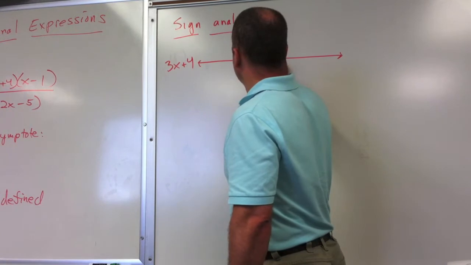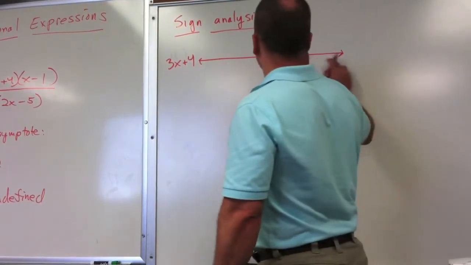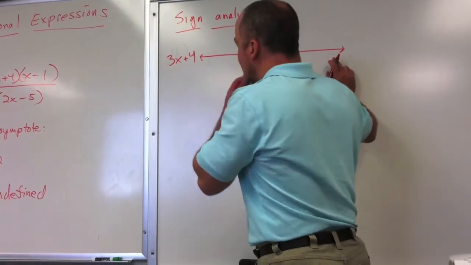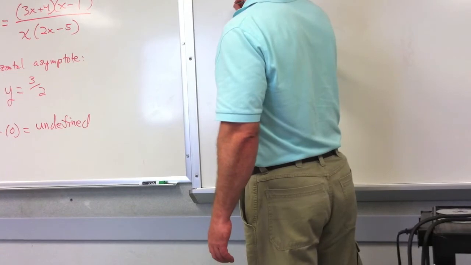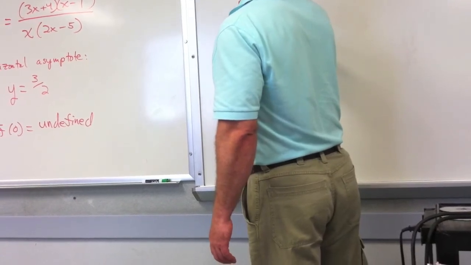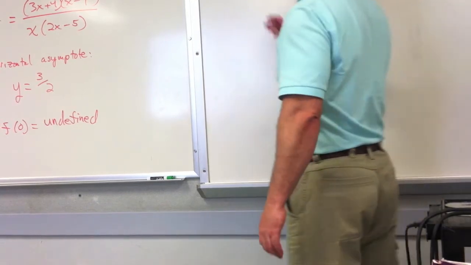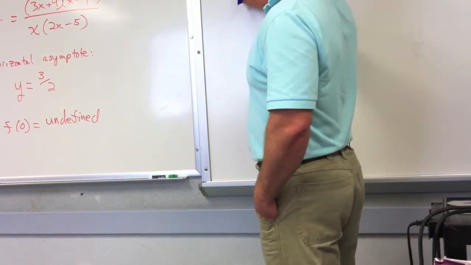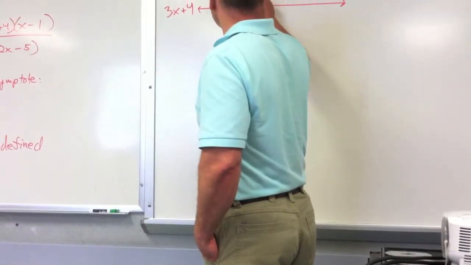Here's 0 on the number line. I'm going to put the values of 3x plus 4 on the bottom. When is 3x plus 4 equal to 0? When x equals